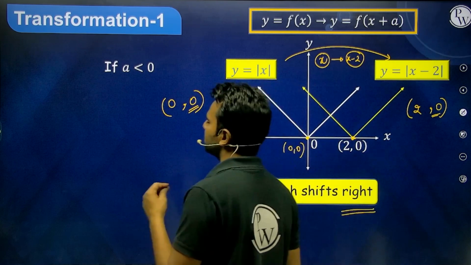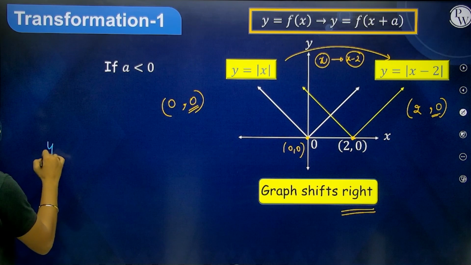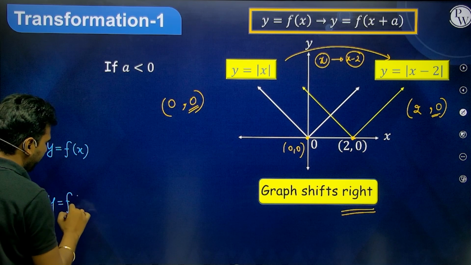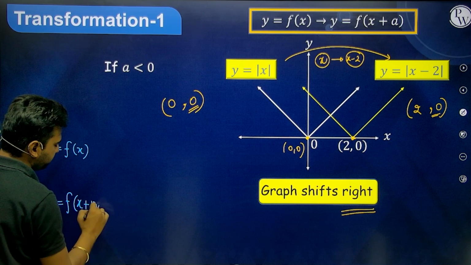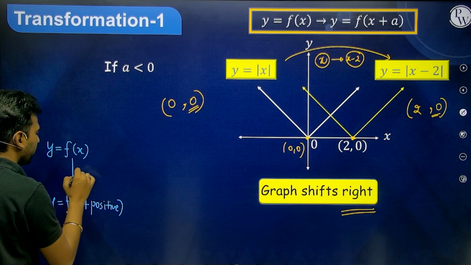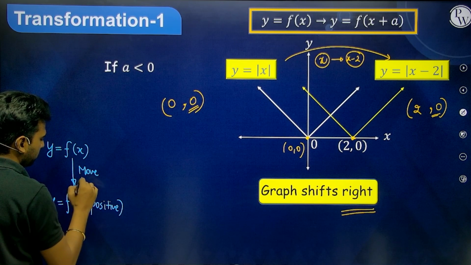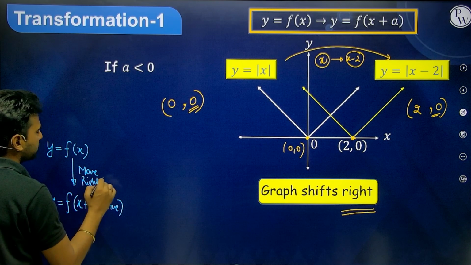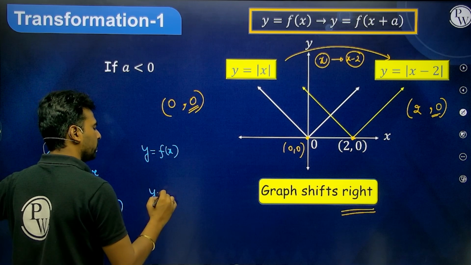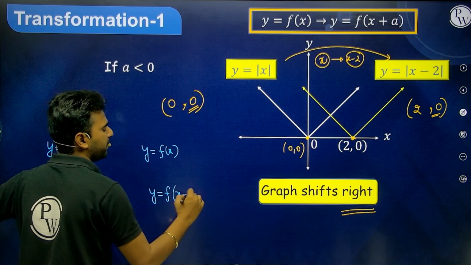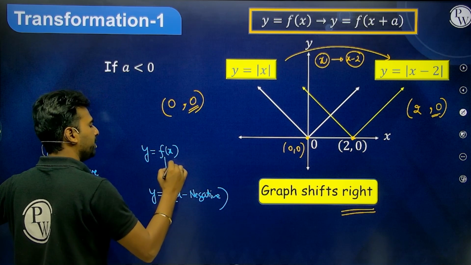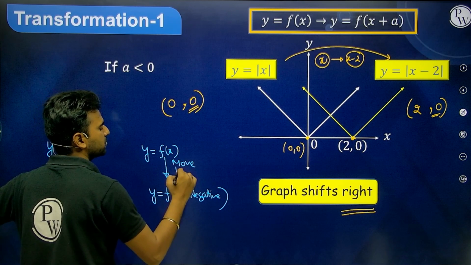If I say it in simple words, if I know the graph of y equal to f of x, and I want to draw the graph of y equal to f of (x minus some positive number), then I have to move right by that many units. And if I have the graph of y equal to f of x, and I want to draw the graph of y equal to f of (x plus that number), what I do is nothing but move leftwards